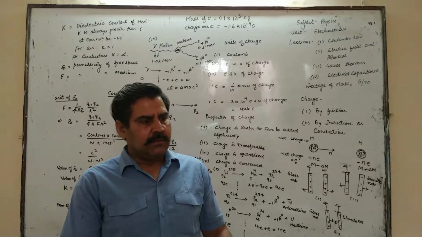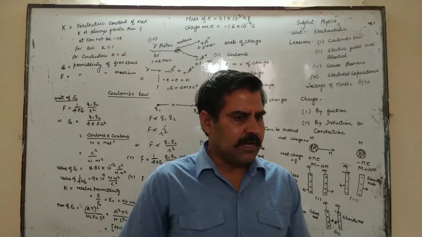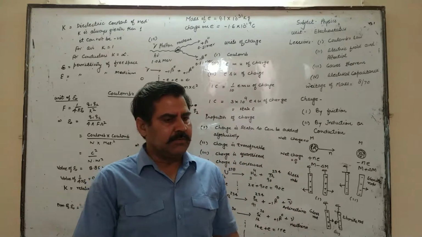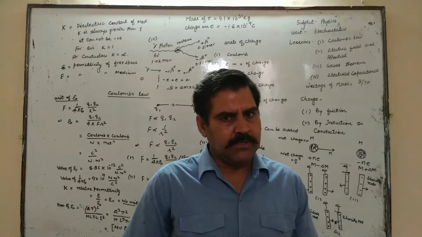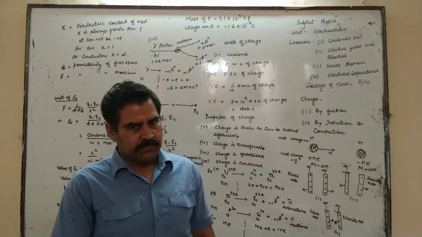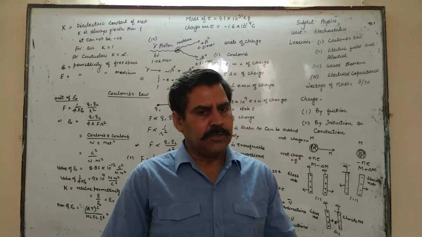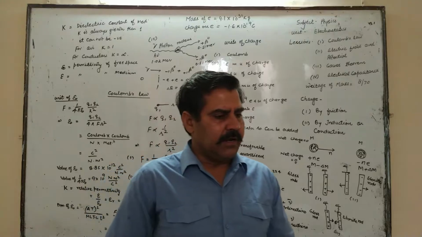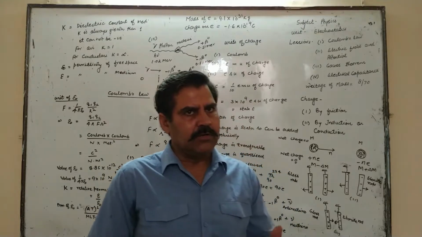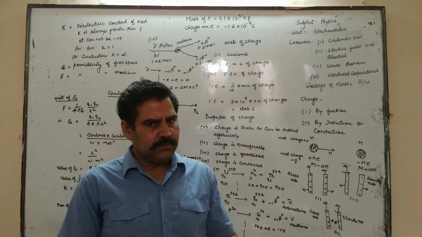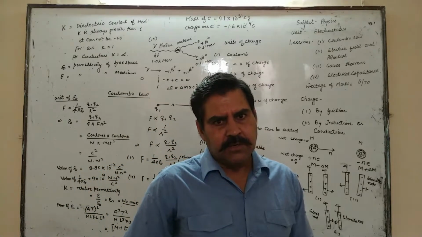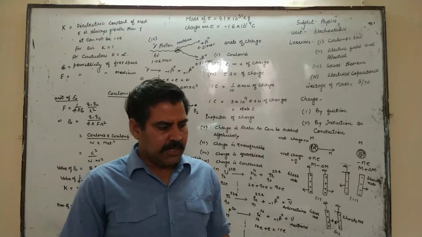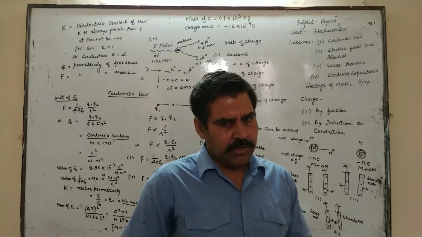And remember, the number of electrons is such that the total negative charge of electrons is equal to the positive charge of the nucleus, so atom is electrically neutral. Atom has net charge 0. Atom has two types of charges, positive charge in the nucleus and negative charge due to revolving electrons, but net charge is 0. So the atom is neutral. Since matter is composed of such atoms, therefore matter is also neutral.